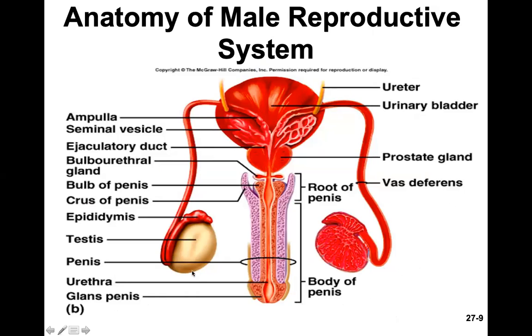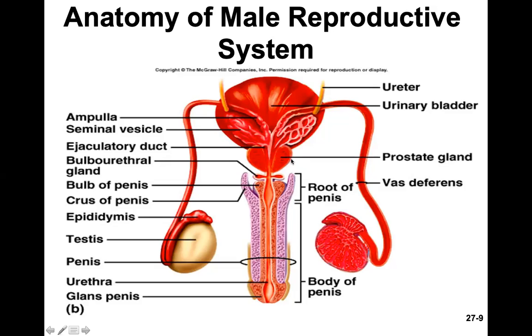This is the bladder. You have your testes, epididymis, vas deferens that feeds the sperm into the rest of the ejaculate. You have the seminal vesicles that create part of the ejaculate that meets the sperm, the ejaculatory duct. You have the bulbourethral glands that also secrete material into the ejaculate, and that leaves out of the urethra through the penis, through the glans penis, which is toward the tip of the